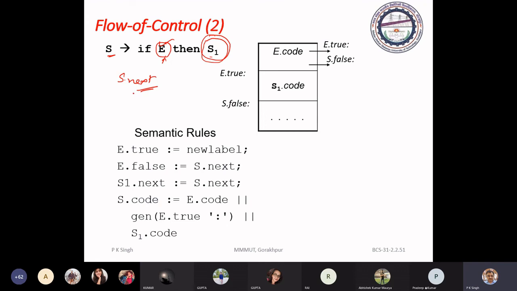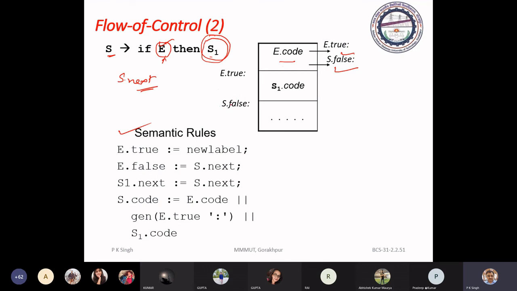So see the translation scheme. These are the semantic rules. Here perhaps it is clear to you. E code is evaluated to E true and E false, and we have S1 code. So if the condition is true, then it will go to E true. Otherwise, it is S false.